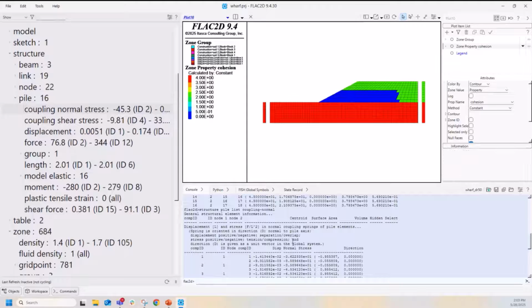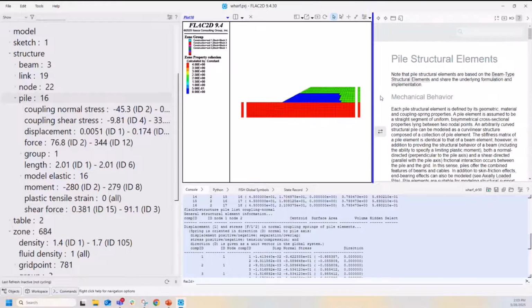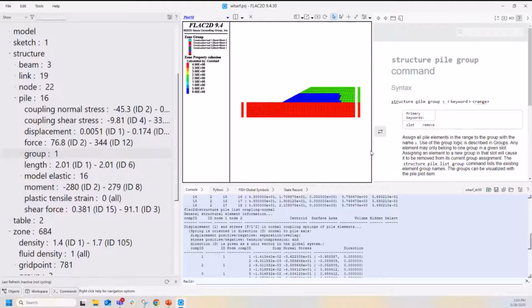So I can drag for plotting, I can drag for printing, and the last thing I can do here is right-click on something and get help about it. So if I right-click on where it says pile and say help, it will actually open the section of the manual related to piles over here in the help. And of course, I can click on this button to open it in a browser if I prefer. And again, I can be more specific than that. So for example, pile groups, if I right-click on that and say help, it takes me to the command entry in the help manual related to setting the group names for the piles. Okay, so